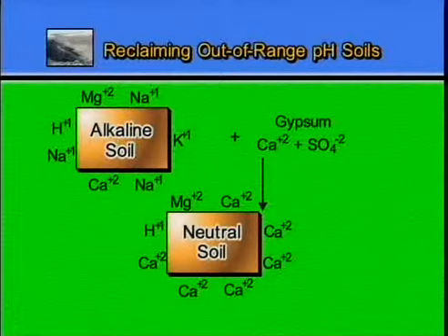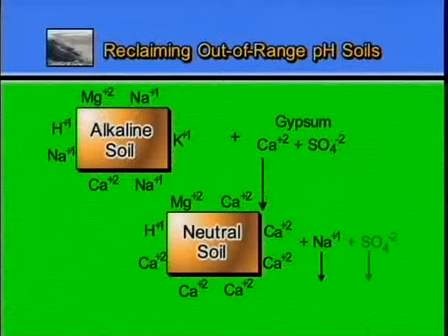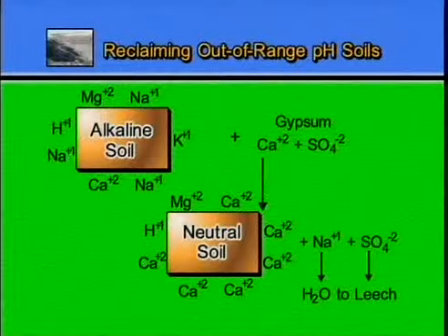Now, depending on the quantity of gypsum we apply, there could also still be some sodium on these exchange sites. But we would hope that, at least in the top foot or 2 feet of the soil profile, we would have applied enough gypsum to cause the displacement of the sodium off of these cation exchange sites. Once we get these sodium cations displaced off the exchange sites, now they are free cations out here in soil solution. And I'm showing arrows here basically because in order to reclaim this alkali soil, we are far more effective if we can leach that soil profile, meaning applying water beyond the water holding capacity of the soil,